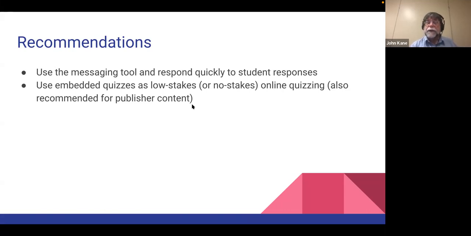So you probably should keep any of these quizzes very low stakes, give students some incentive to do them, but you probably shouldn't take the grades too seriously as a measure of overall achievement, because it is possible for students to essentially bypass much of that quizzing. And I would suggest using some other method of assessment so that you have a little bit more security. Basically, create your own assessments and use those for a larger share of the grades.